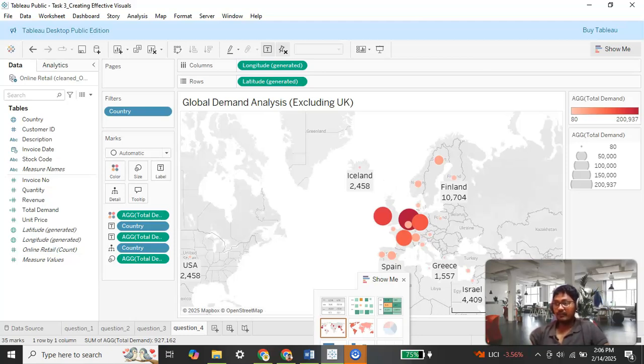Then I have created a map view. I have dragged the country into the column shelf, and then total demand into the row shelf. And then I have clicked the marks ID, change the